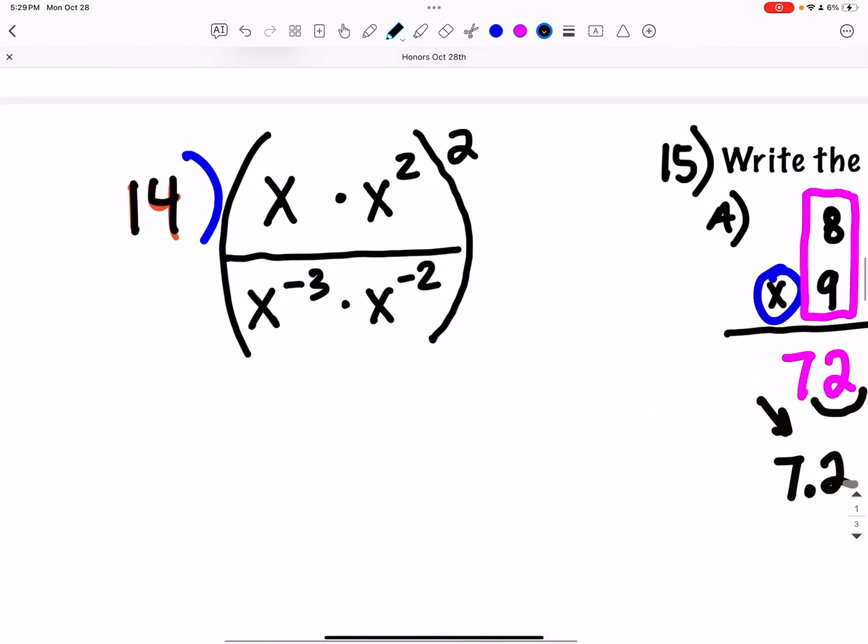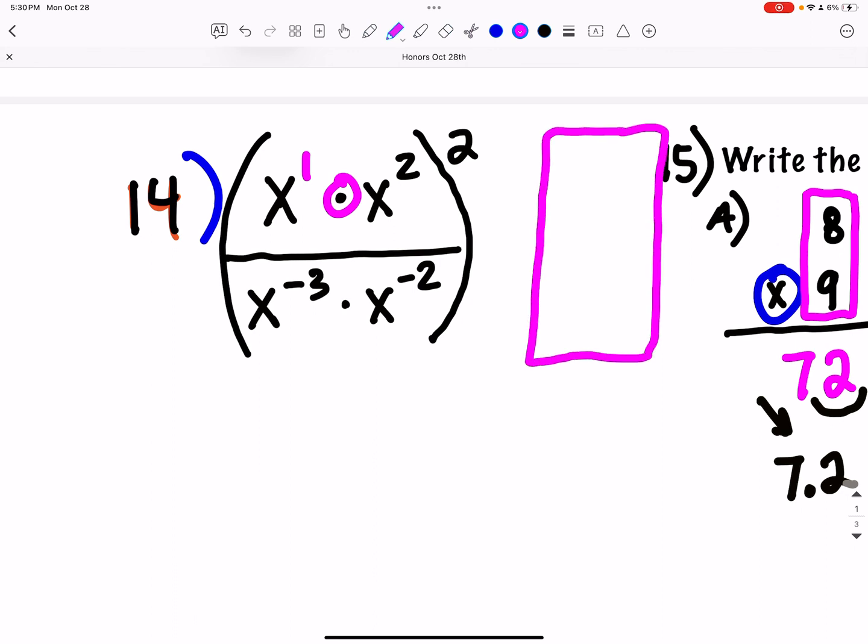All right, this one. The trick to this one is knowing that if you don't see a power, it's a 1. X to the first times x to the second, 1 less than multiplication is addition. So if you haven't done these, this is the